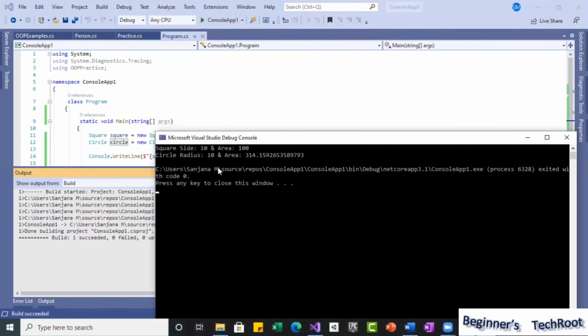Automatically, based on the type you passed, the behavior calculation changed. So this is where the polymorphism is happening. It is only because of the type you passed that polymorphism happened.